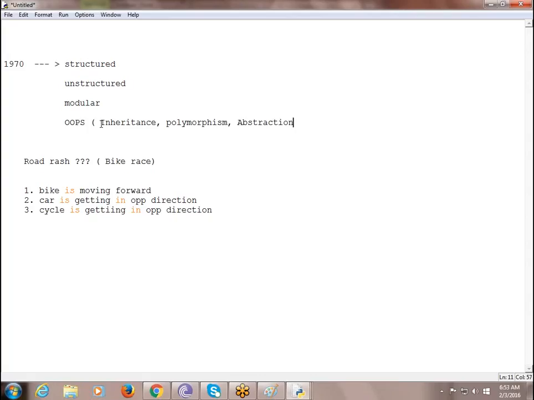There are many things. I'm just giving a few. How to encapsulate the object. There are many things, out of which these are a few important properties or features of OOPs. Okay, you got that clear?